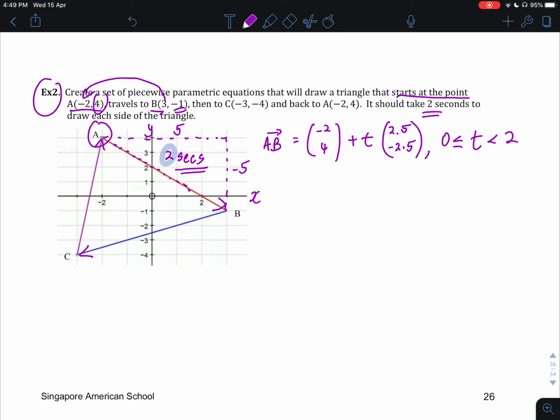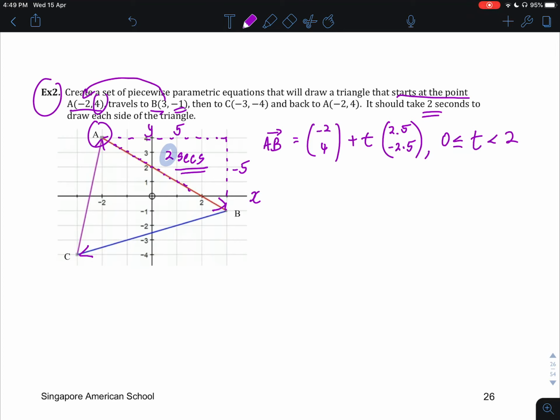So A to B, we're now going B to C. Of course, that is also taking 2 seconds. And so I'm going to represent that over here to draw side BC of our triangle. Our starting point for side BC is, of course, B's coordinates, 3 minus 1. And now the first of the details that we need to pay attention to is that my time parameter now changes